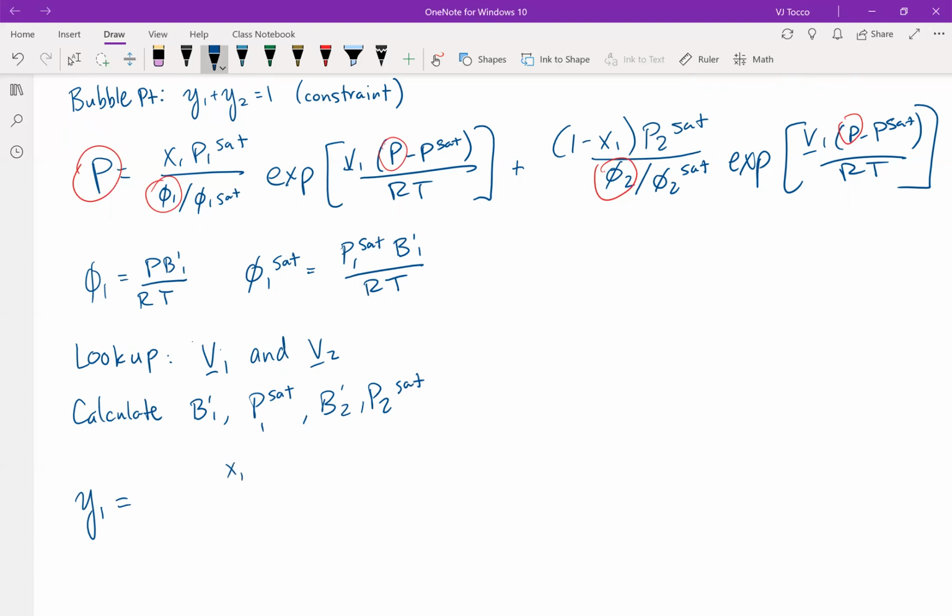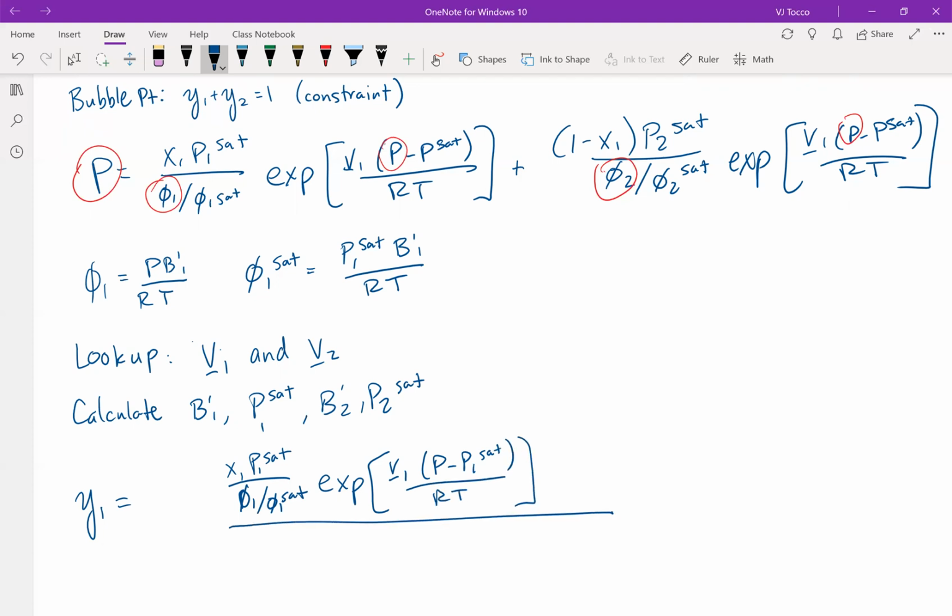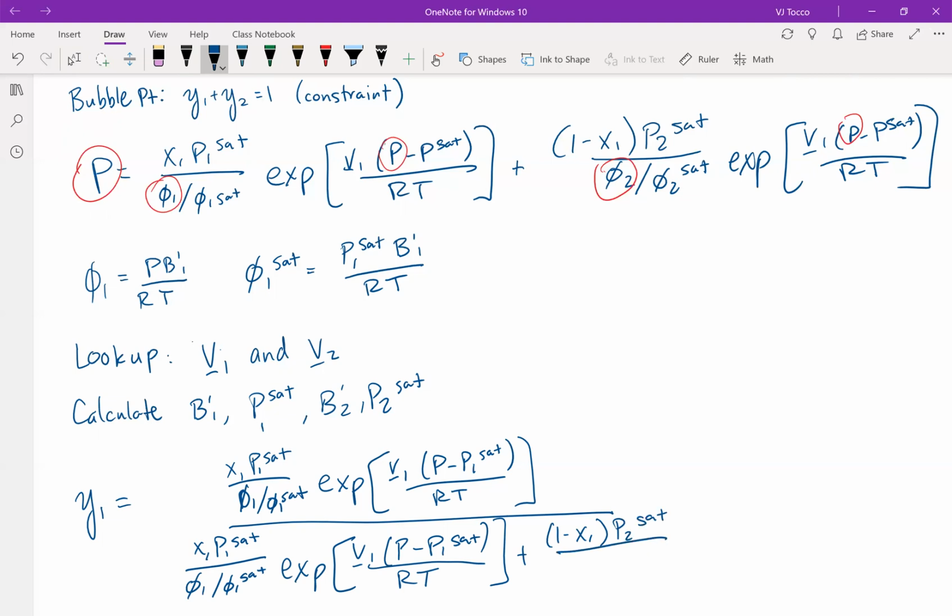And I can obtain x1 P1 set over phi1 over phi1 set, exponent of V under bar 1 (P minus P1 set) over RT, all over this whole term again, x1 P1 set over phi1 over phi1 set, exponent V1 (P minus P1 set) over RT, plus the same one for component 2: (1 minus x1) P2 set phi2 over phi2 set, exponent molar volume 2 (P minus P sat 2)